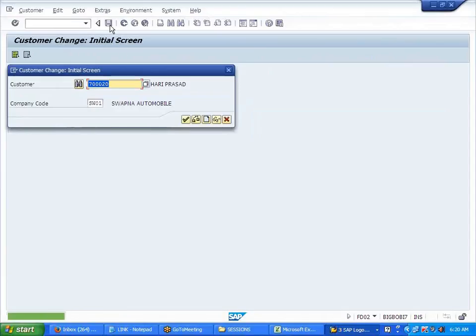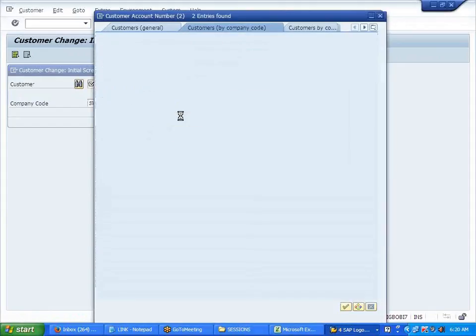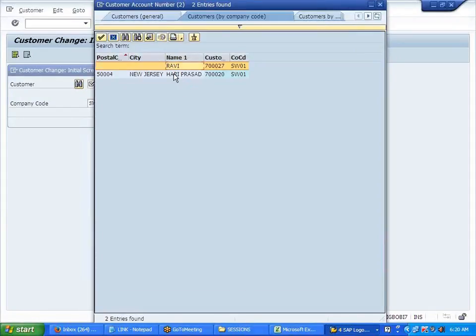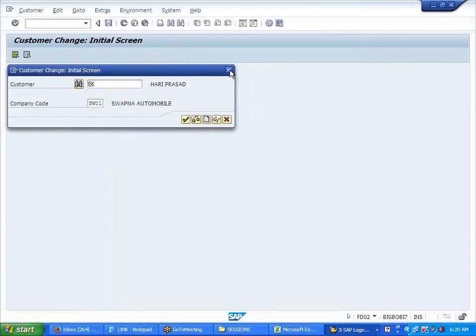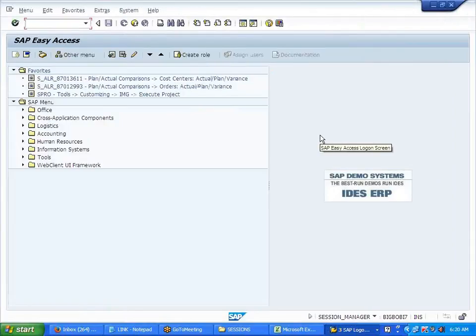I'm not updating the other customer. See here, we have two customers actually. One is Ravi and one is Hari Prasad. I'm not updating for Ravi over here. So let us view the balances if they have anything. FBL5N.